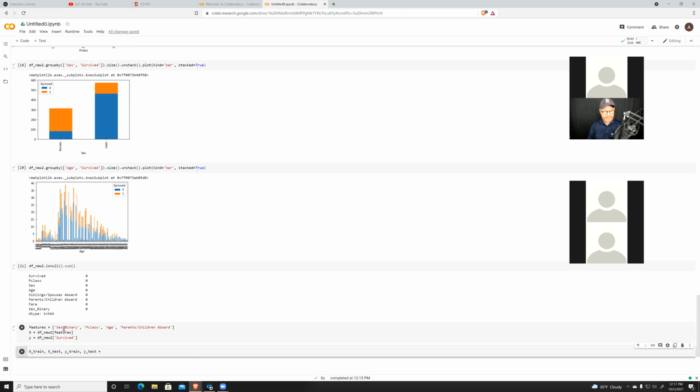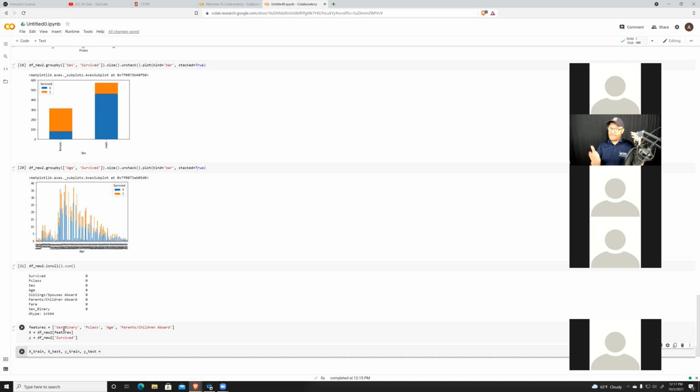So train, test, split does this work for us in a way where randomly it just says, hey, you want to split your data up into X features for training, and then X features for testing, and then y series for training, and then a y series for testing. Essentially,